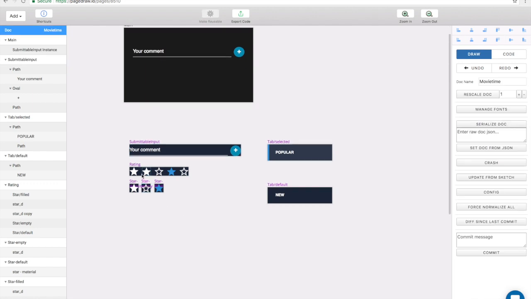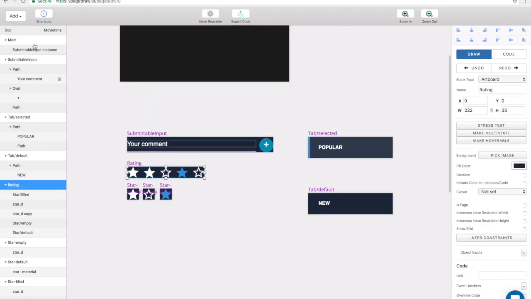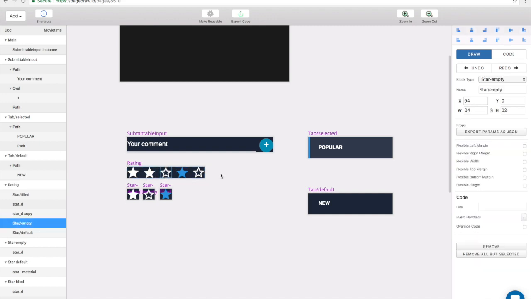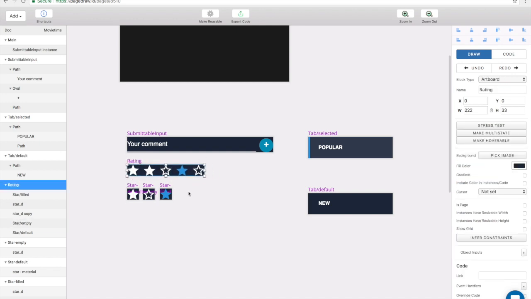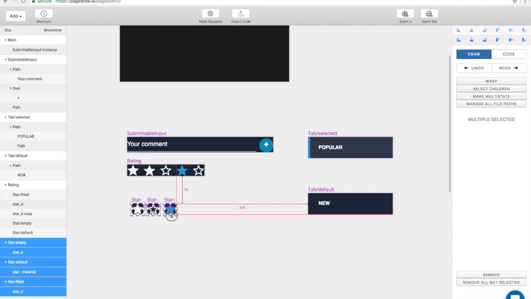So the first one that I want to do is actually this rating component. Okay, so the rating component is a component that should take probably a number. That's the number of stars that are selected in the rating. So the way we do this is first I'm going to take these stars and I'm going to group them